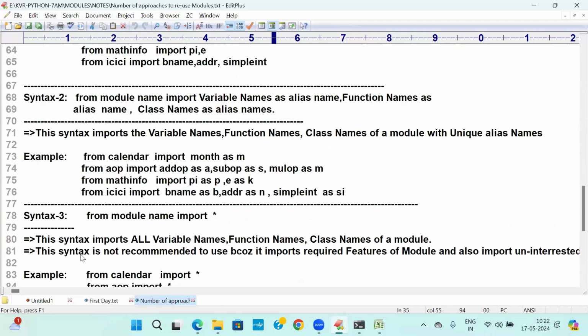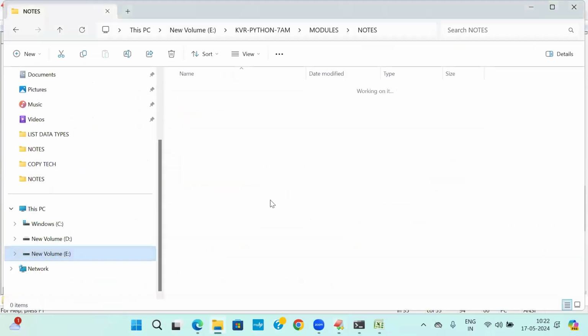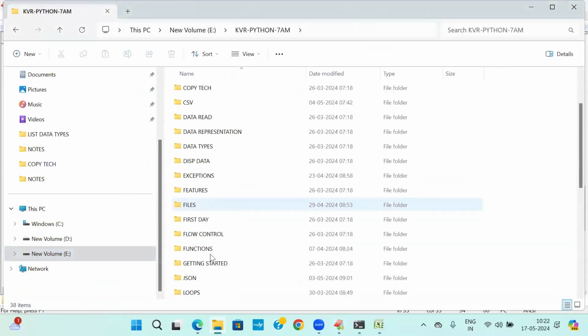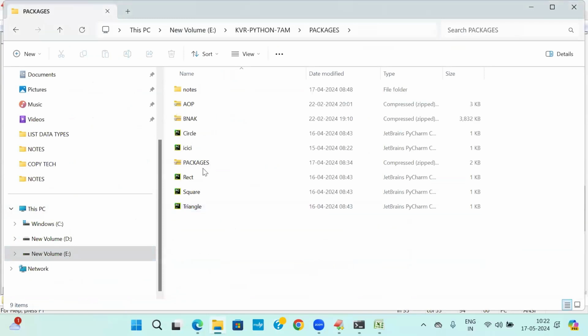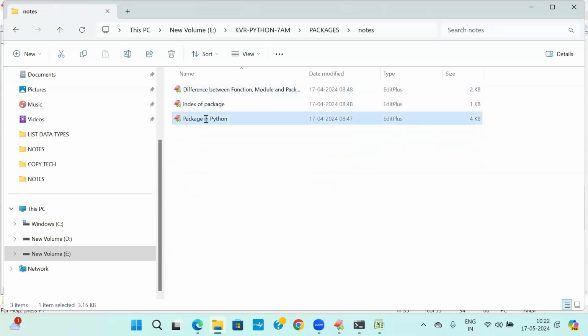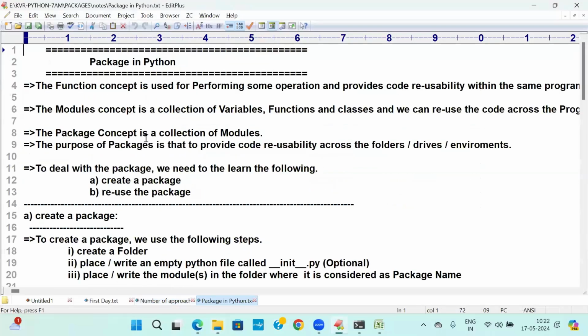For packages, in my classes we used to discuss packages. What is a package first of all? A package is an optional folder. I said how to distribute your modules, and how to download the packages, in my regular classes. Module only you are downloading. This is my classroom notes, sir. What is a package? See, a package is a collection of